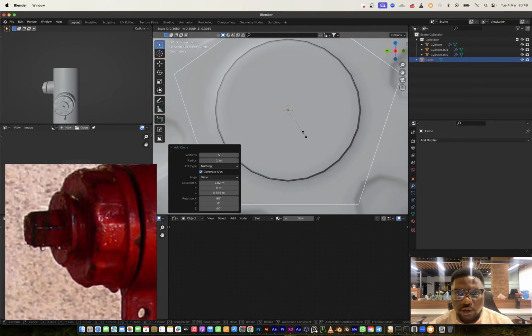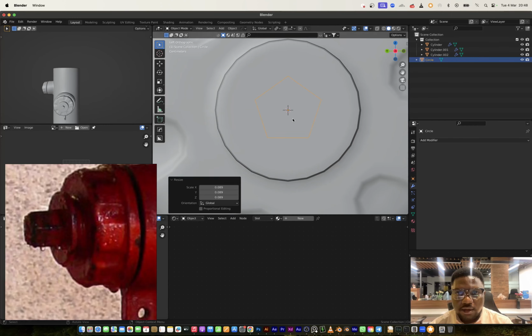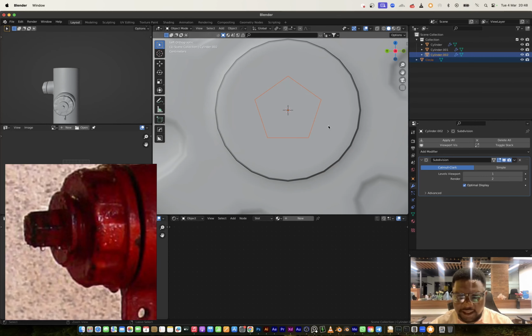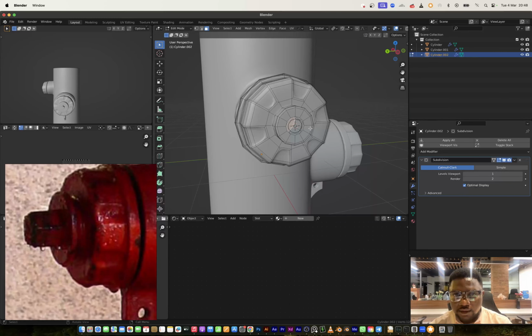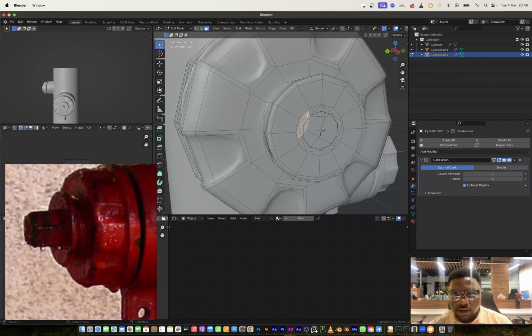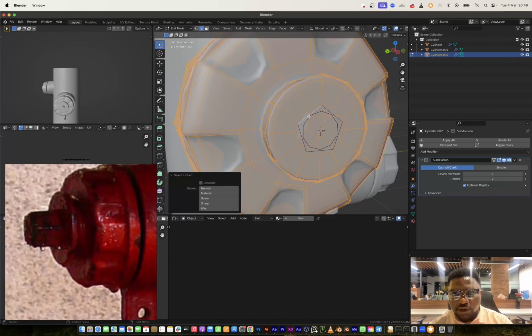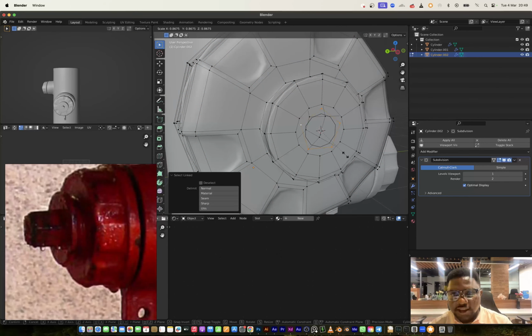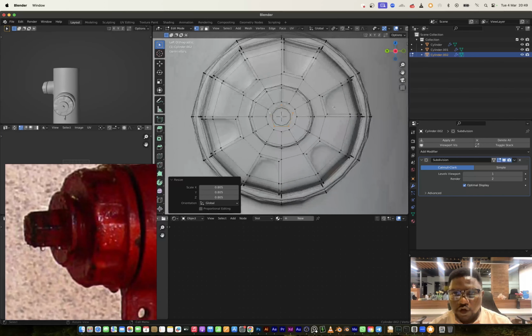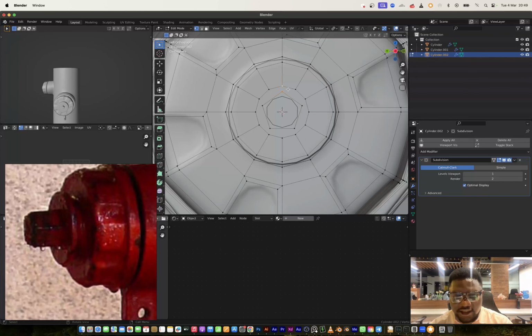And I'm going to change that align to view, and I can merge these two together. So with this polygon selected, I can scale this down just like so. Come to the front view, and I can select this, join, or